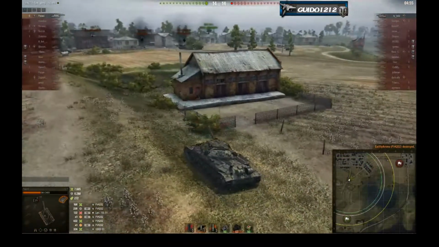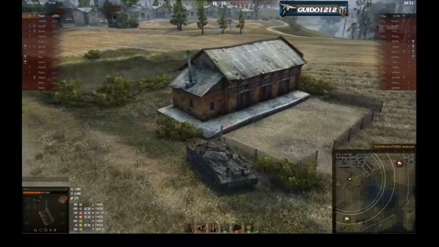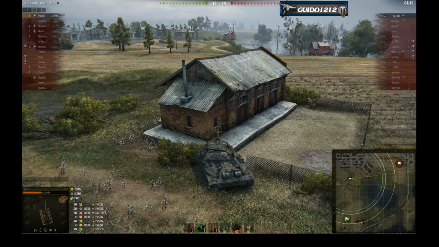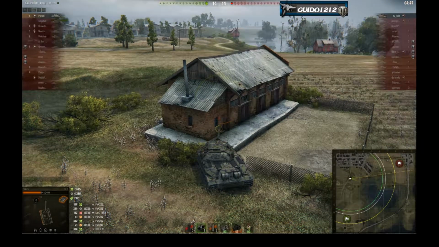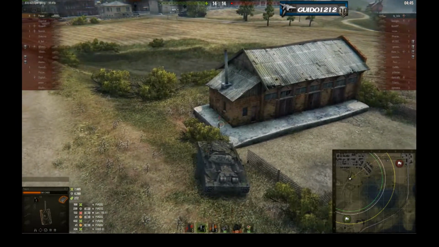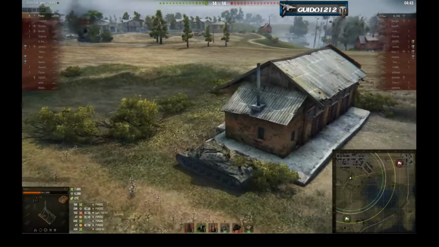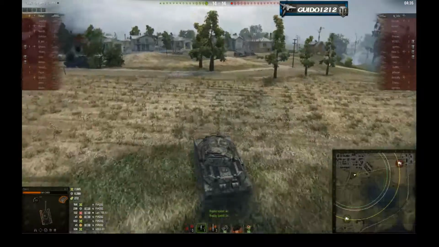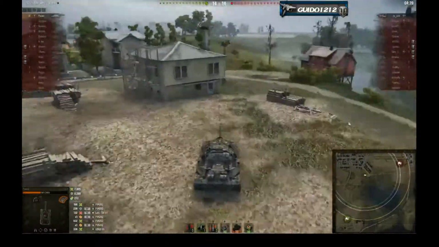7,665 damage. 4,280 bounced. And a measly 272 assist. I think your assist is terrible, Porani. It's awful. 6 kills, nicely done. I'm going to go chipmunk speed because what happens here is we're just going to watch